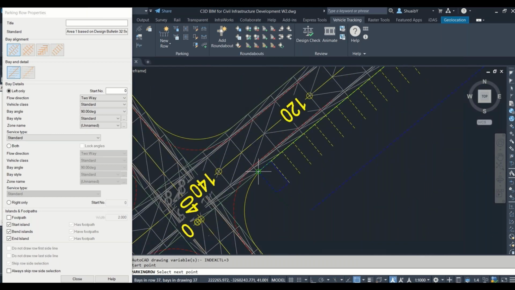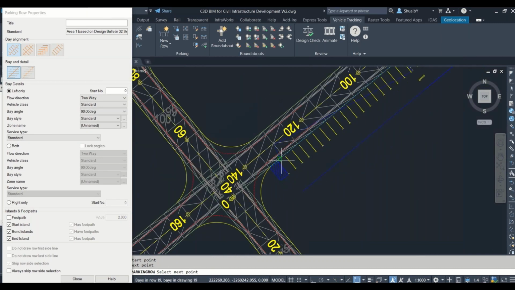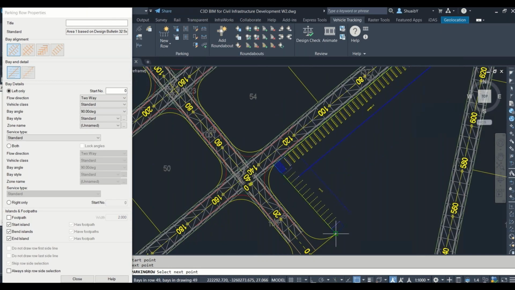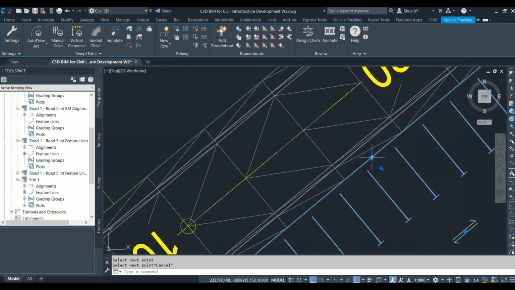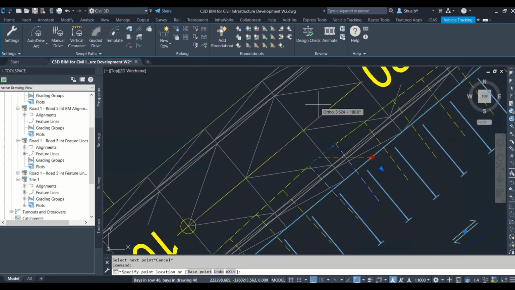Can you see it all automatically put in an island at the end? And I'm going to come straight up here. I could have gone along that curve, but maybe I want to put some trees or something like that at that portion for visualization later. And I hit escape. And look at this. So if it was curved, you could use that option to snap it along a curve,